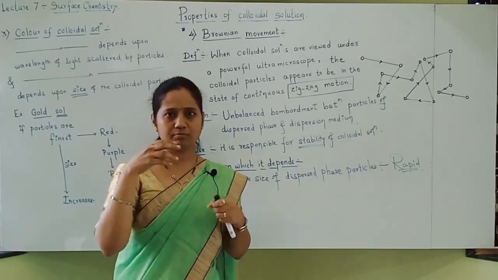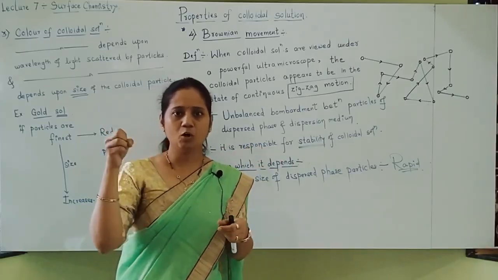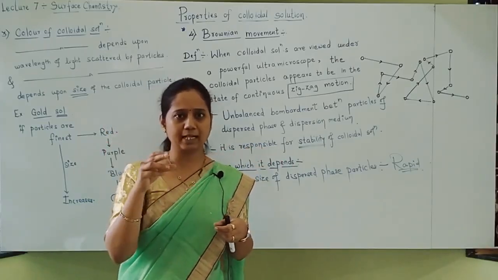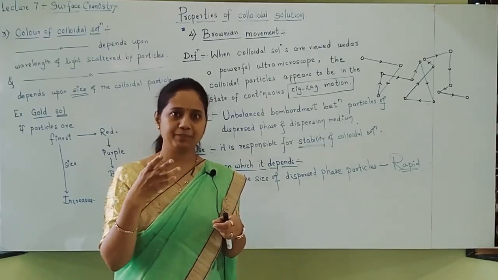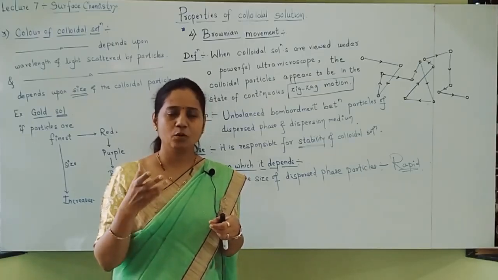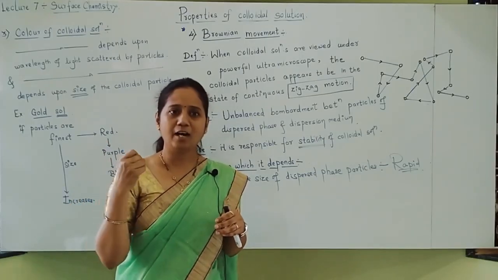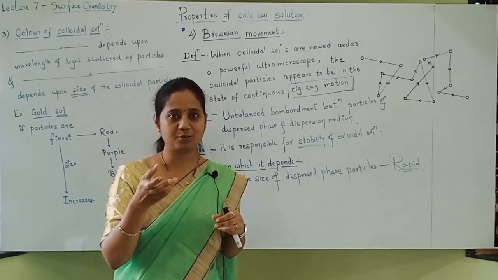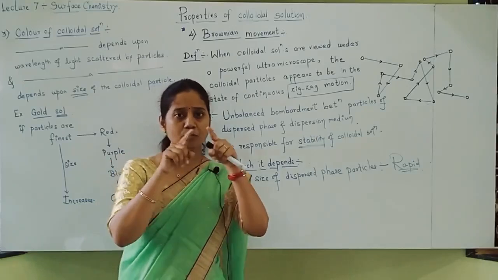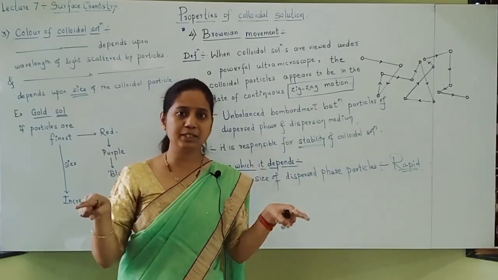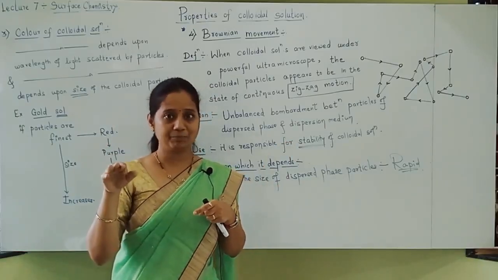Opposed to flow. How much a liquid opposes flow is called viscosity. If the liquid does not flow easily, it is called a viscous liquid. Water is less viscous. It flows fast. Retardation to the flow, opposition to the flow, is called viscosity. So for faster movement, how should the dispersion medium be? Viscosity should be less.